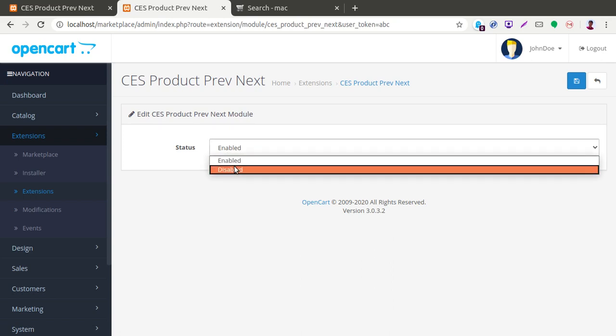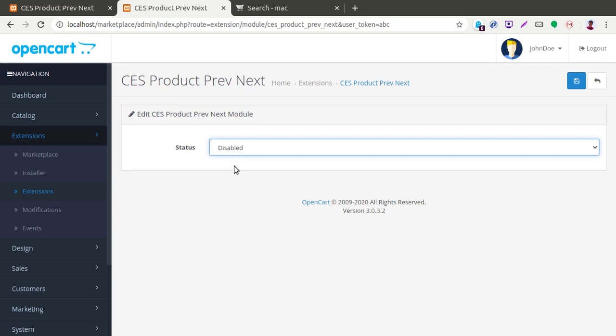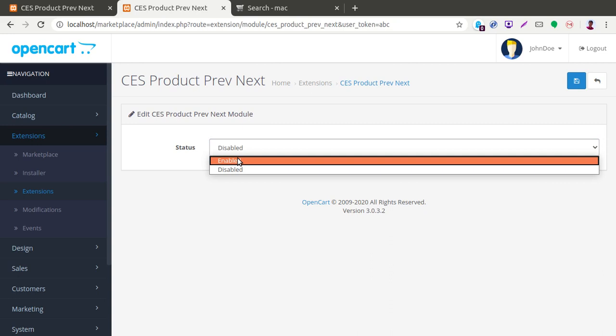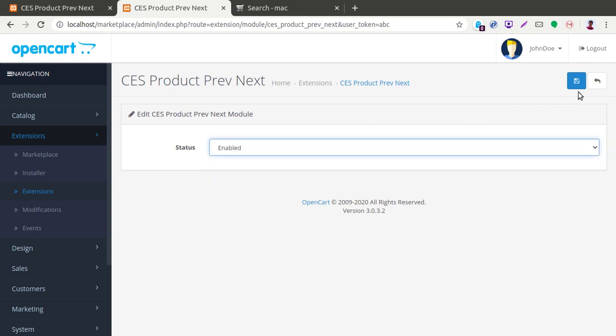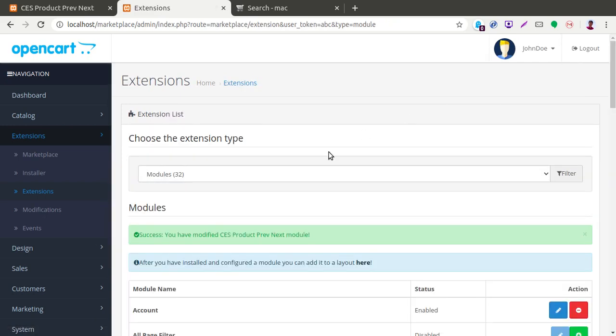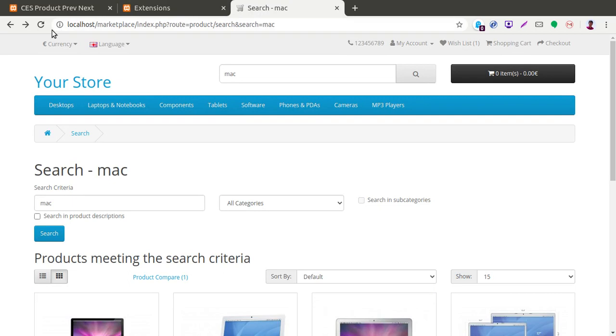It should be disabled by default, and when you need to use this module you have to enable it. After enabling it, we will click on save. After clicking on save, it is successfully modified. So what we are going to do is quickly jump to the front end of this website,